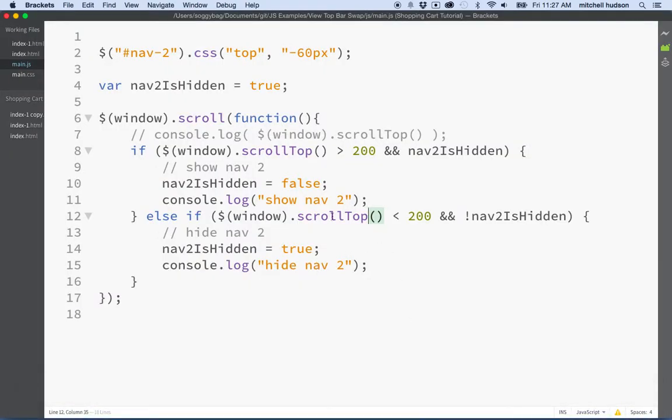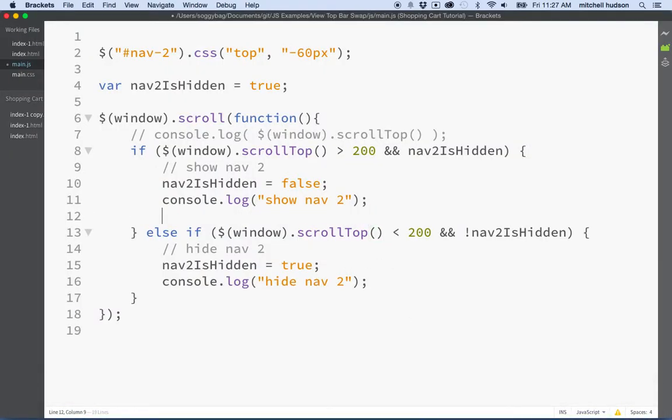So now, how do we show and hide the nav bar? Well, there's a lot of ways you could do this. You could do it with CSS alone and maybe just add or remove a class. Maybe I'll do that later. But for this example here, we'll just use jQuery animate just to make things simple. So if we're going to show the nav, I want to set the top to 0. And if we're going to hide it, I want to set the top to -60. So here we're going to show nav2. So what we'll do is we'll say jQuery